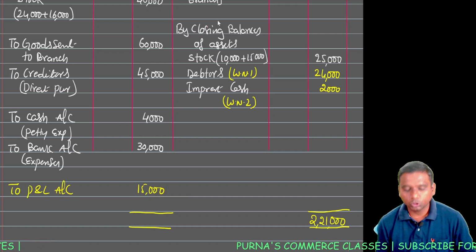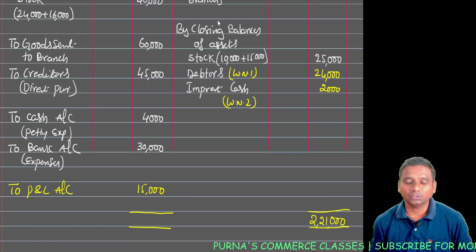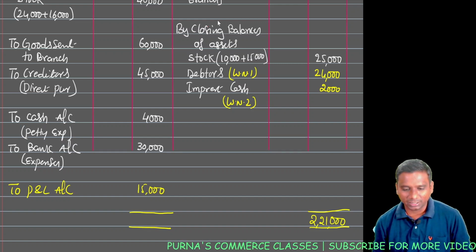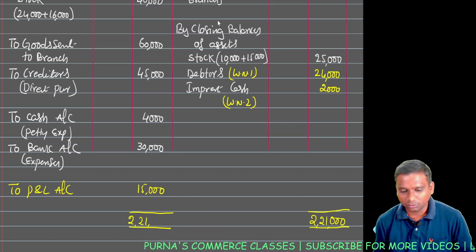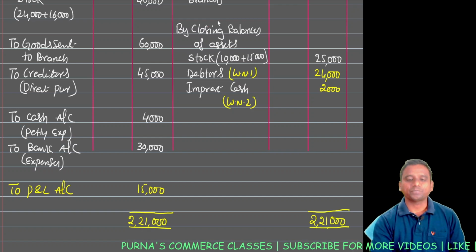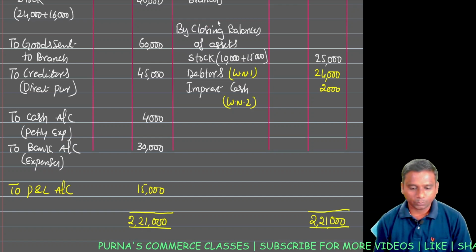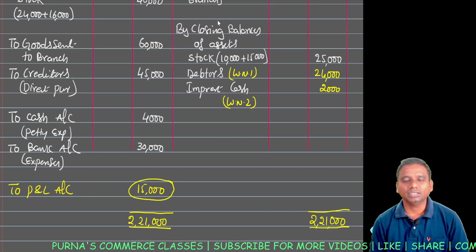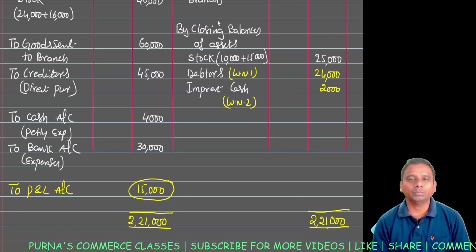This we transfer to general profit and loss account. Can you tell me the entry for this? Branch account debit to general P&L account. So total 2,21,000. That's it, students. Our profit is 15,000 rupees. That's it. This is how we solve the problem